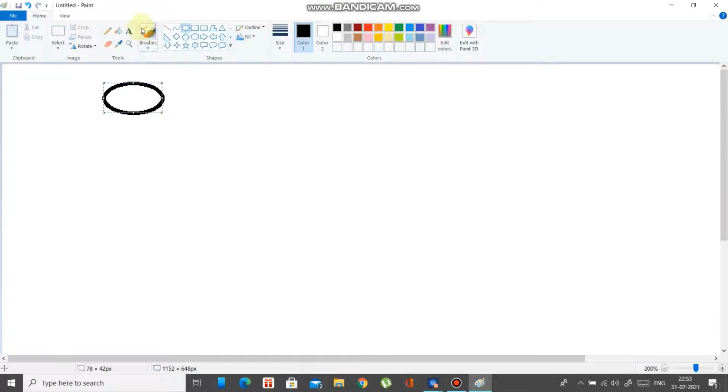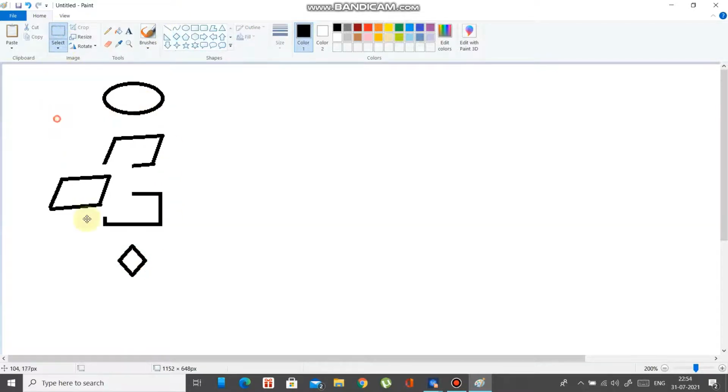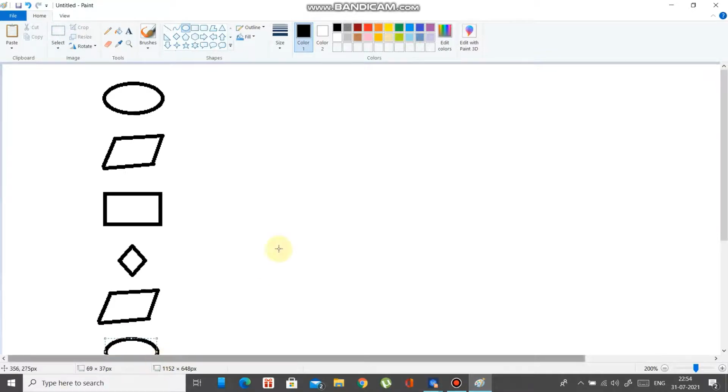Oval for starting, parallelogram for input and output, square for processing, diamond for decision, and again an oval.